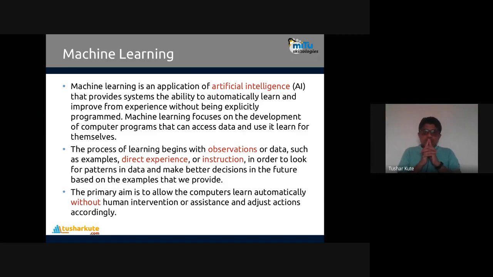Okay, so what is machine learning? Machine learning is an application of AI, artificial intelligence, that provides systems the ability to automatically learn and improve from experience without being explicitly programmed. So the algorithm will learn by itself, automatically, get the experience, and without programming it will learn. The idea is something like this: we are human beings. We learn from experience.